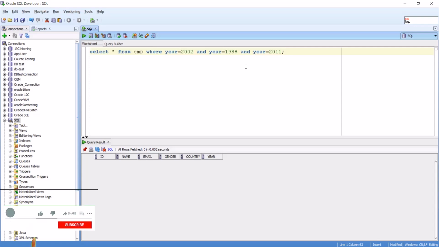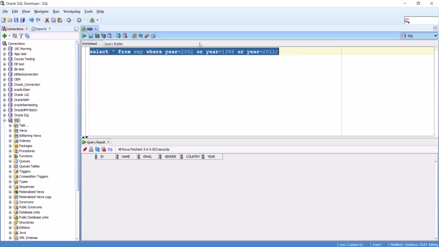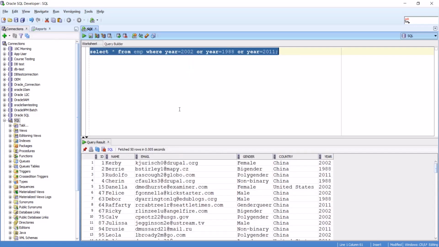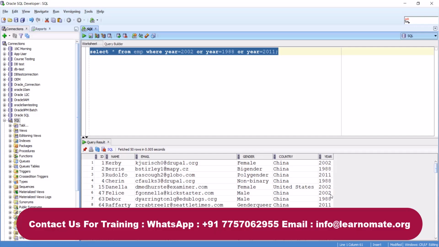It means I have not used the correct syntax. Where year equals 2002, and if I mention OR instead, what will happen? Let's see. Now I'm getting data of 2002, 1988, 2011. Okay, I'm getting the data. But what's the problem here? The problem is every time I need to specify the OR